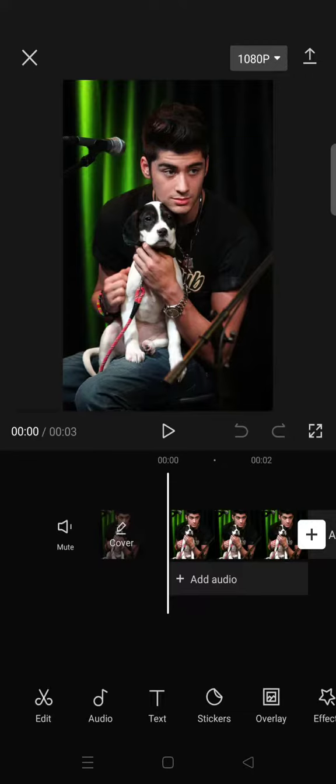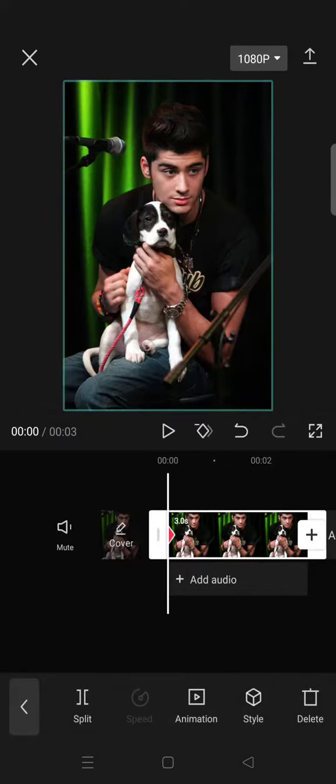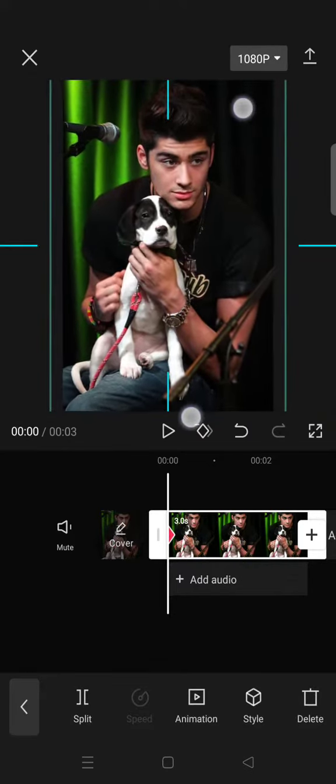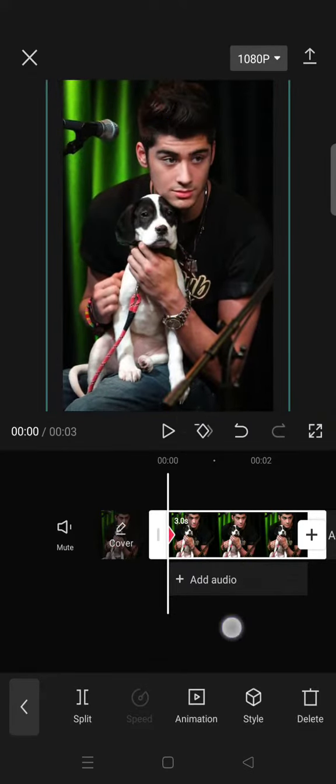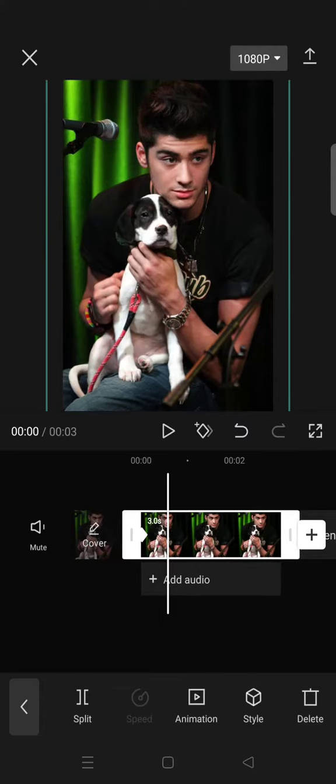So on today's tutorial, I'm gonna show you how to create a moving zoom video using a picture on CapCut. So first, of course, you need to add a picture to CapCut, and then after that, just add a keyframe at the beginning of the picture and then zoom it in like this, then move forward a bit and then